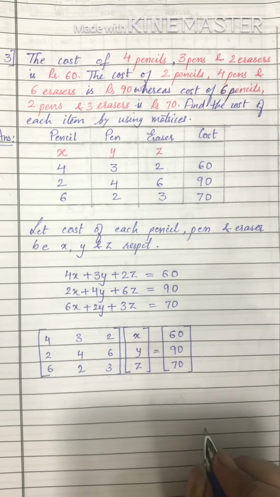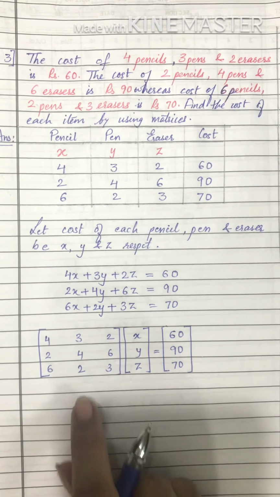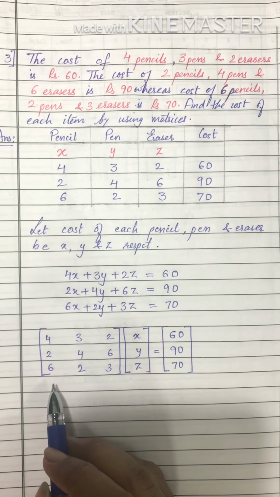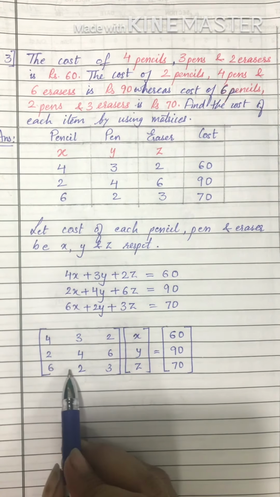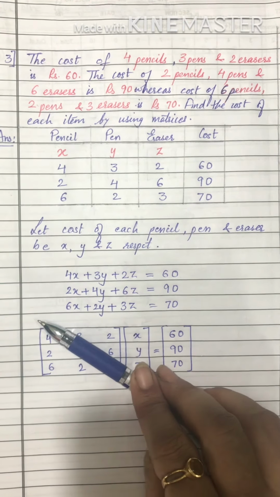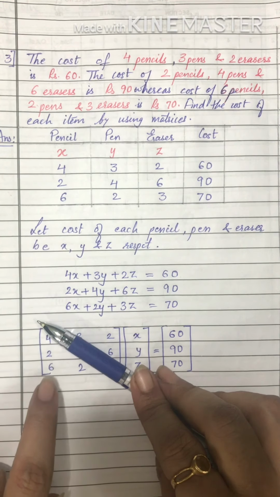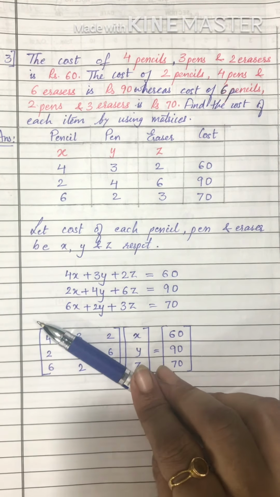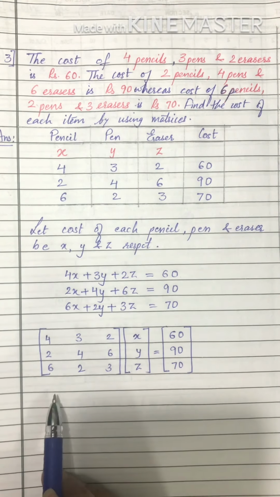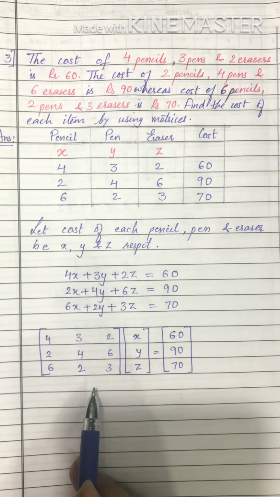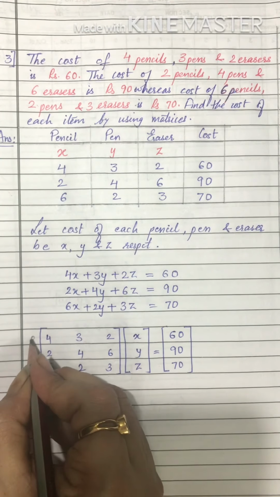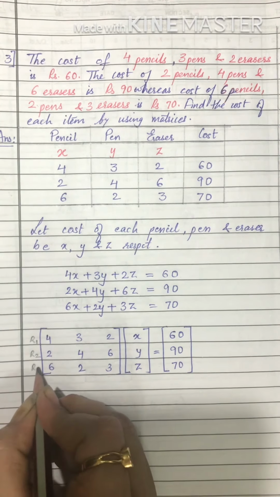Now we will try to convert this into an upper triangular matrix or a lower triangular matrix. For converting this into an upper triangular matrix, the elements below the diagonal should be made 0. That means we need to focus on making these 3 elements 0. Let's see what transformation we can use. It is best if you can use multiple transformations in one step itself. This one is our R1, this is R2 and this is R3.